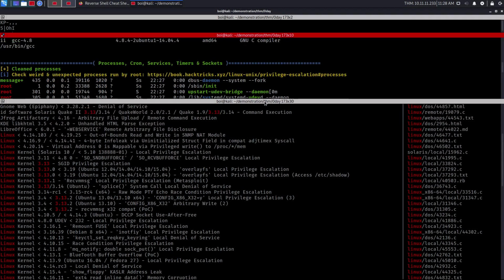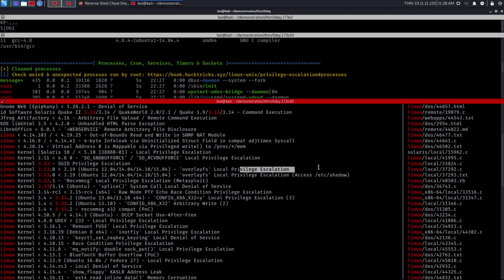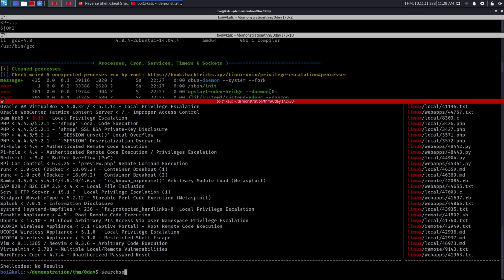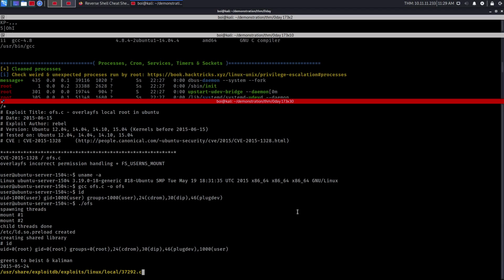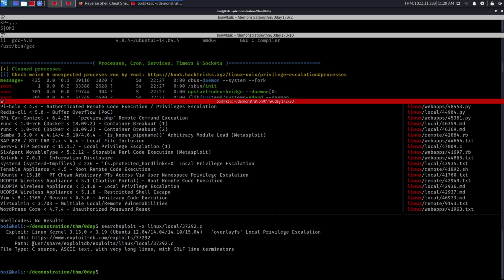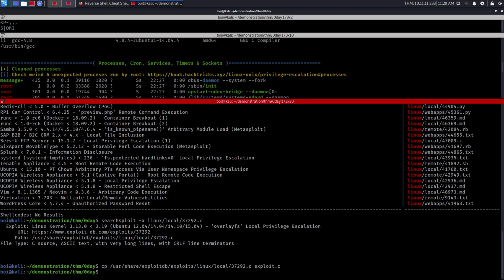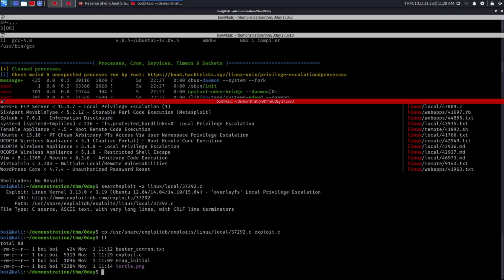So I'll just download this exploit to my local machine, exploit.c, and we've got exploit.c.